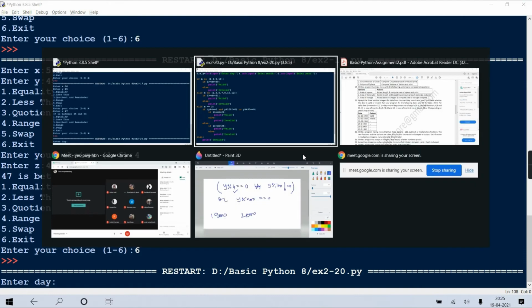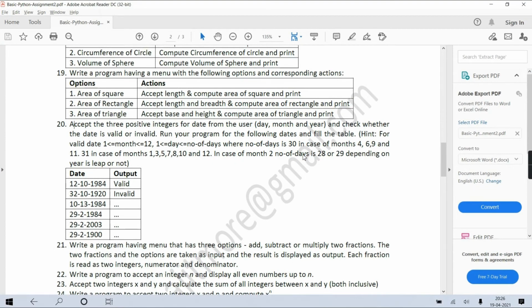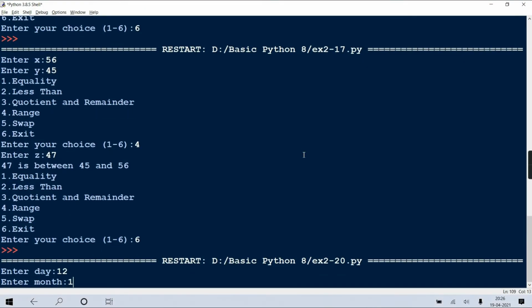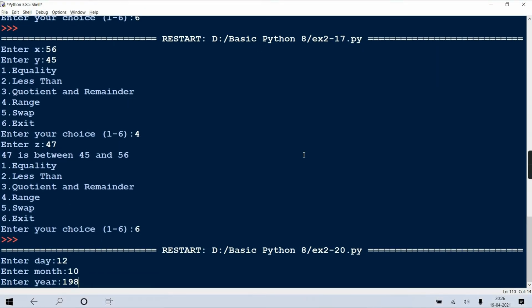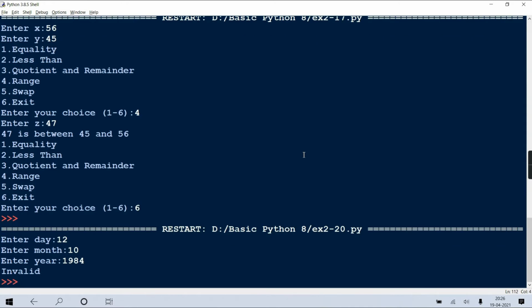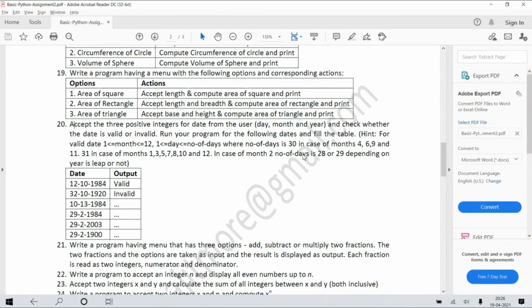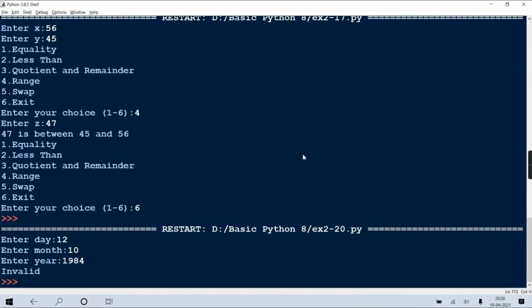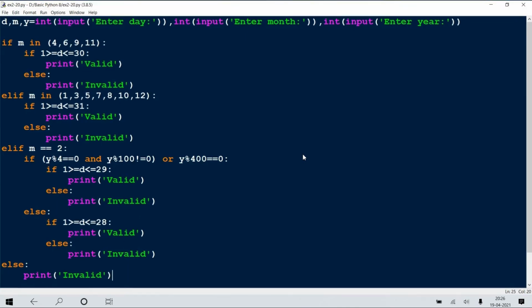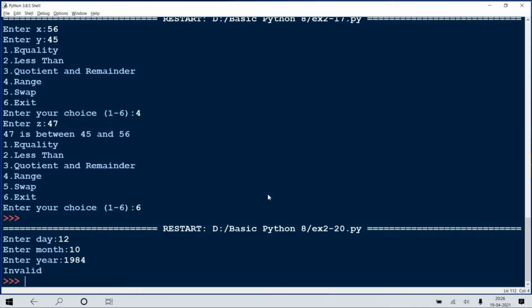For different dates which they have given as a sample date, 12-10-1984. But it is valid, no? Our code is giving invalid. Let's see. Or maybe I have given the year wrong.